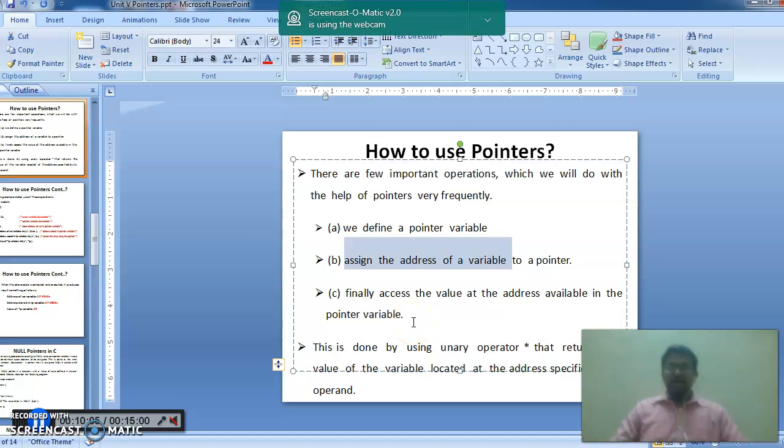So one normal variable we have, in that normal variable we store some number. For example, take it as a equal to 15. Okay, so a is also an integer variable, and we also have another pointer variable. We have that int star ip. So what I'm going to do, simply